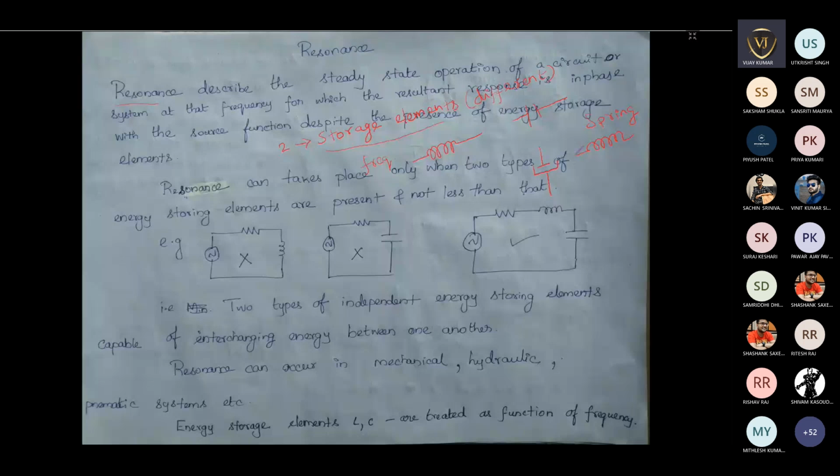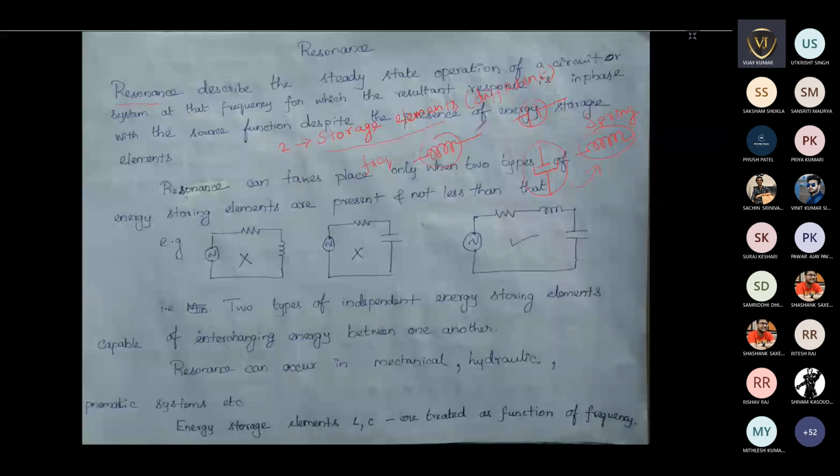I forgot the name. So this will be connected in parallel. So this is behaving like one energy storage, and this will behave like another energy storage. This is for the mechanical thing. Similarly, in the electrical thing, you are having two energy storage. One is this inductor and another one is the capacitor.